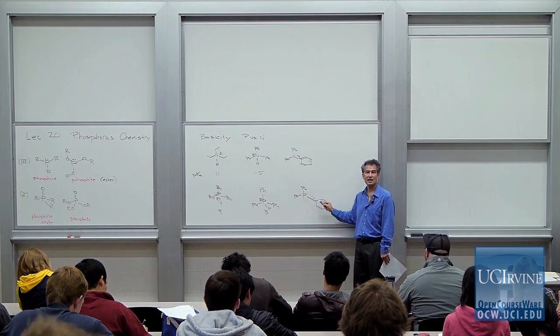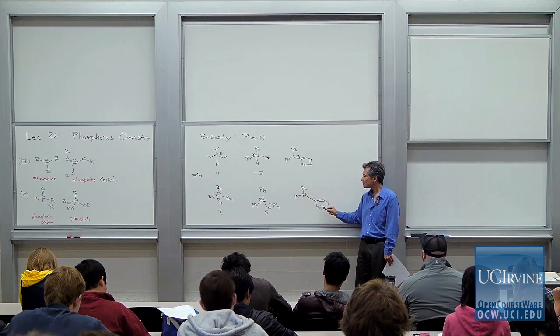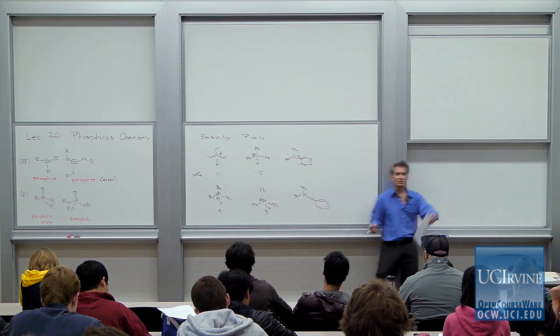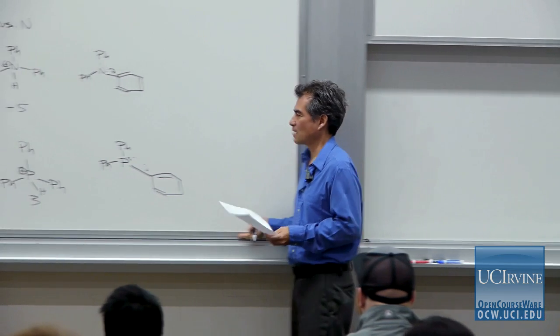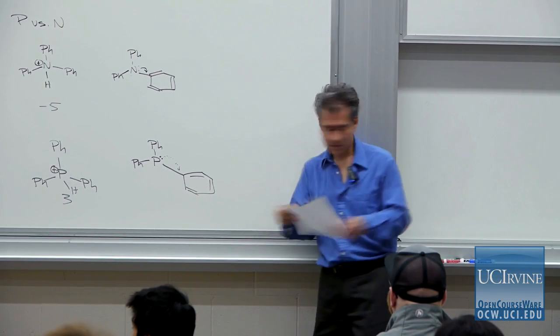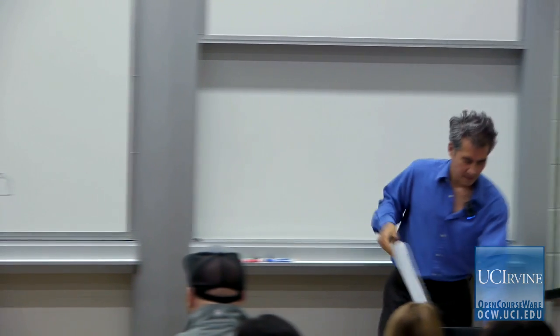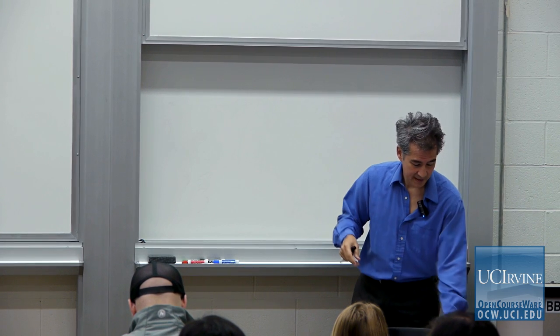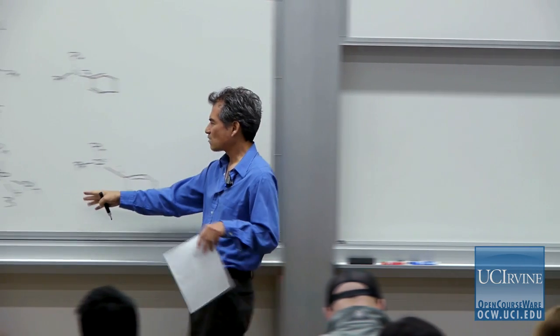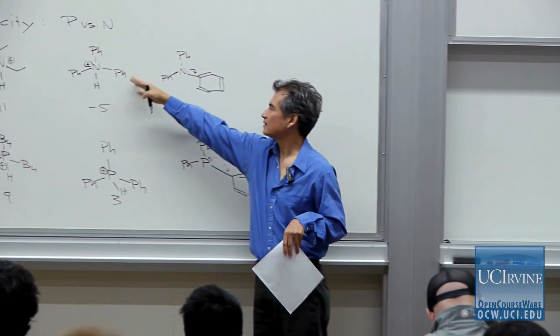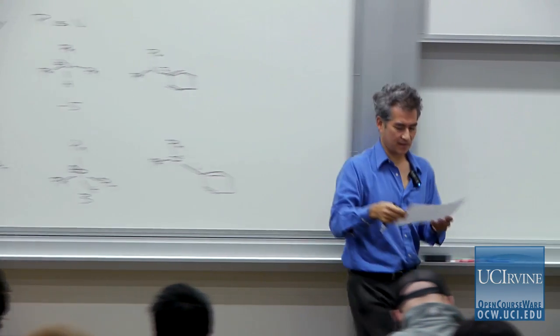It's spending less time donating into the pi system, so it has more room, sort of, more leftover reactivity to react with protons. Okay, so trialkyl phosphines are more basic than triaryl phosphines, and triaryl phosphines are more basic than the corresponding second row atom